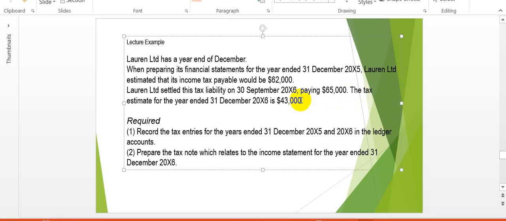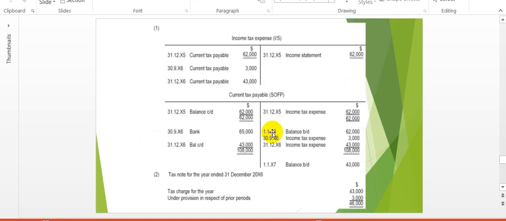It is 43,000. So remember, income tax has to be paid after the financial statements have been closed. So in 20X6, we have a 43,000 liability,